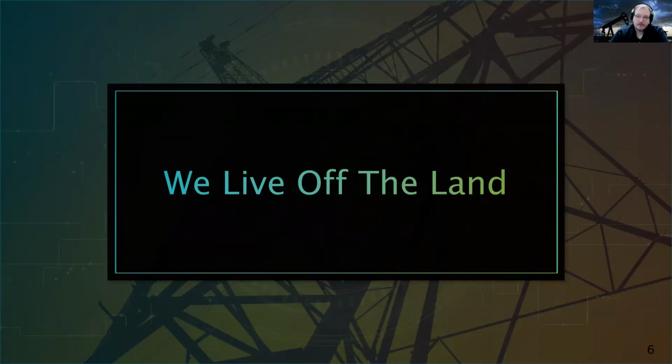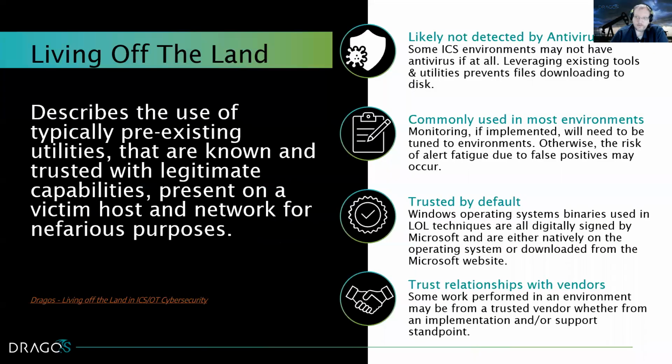And I'm going to be talking about one of these techniques today. But first, let's talk about what living off the land actually is. So living off the land is a broad term that describes the use of pre-existing utilities on Windows operating systems or networks that are known and trusted with legitimate capabilities, but we flip that script and use it for nefarious